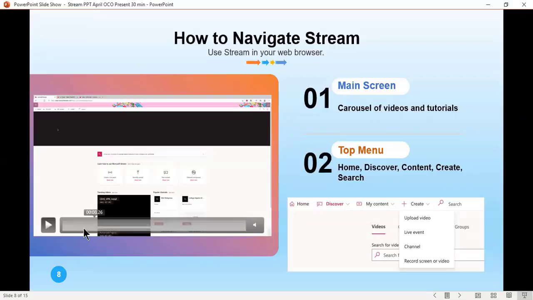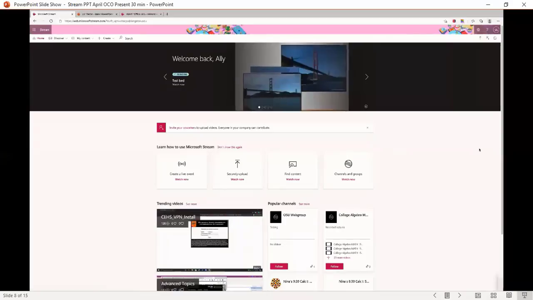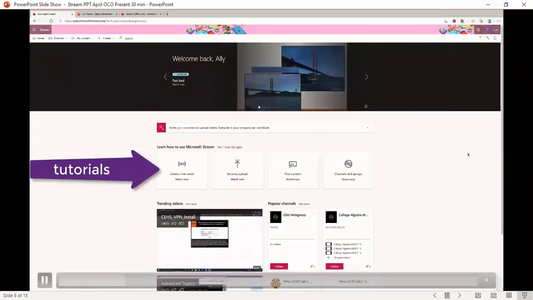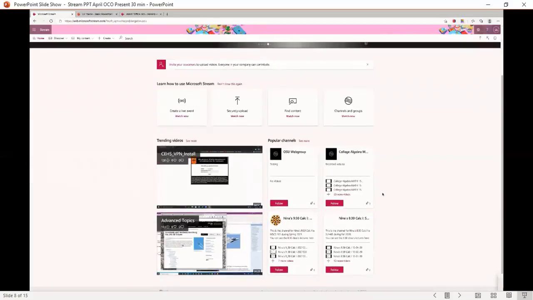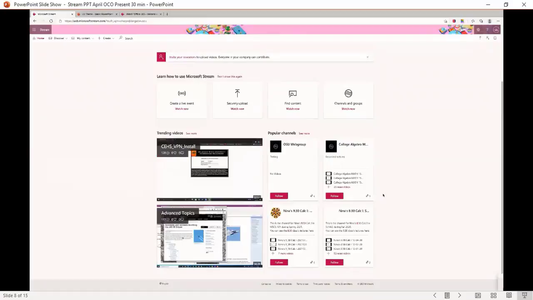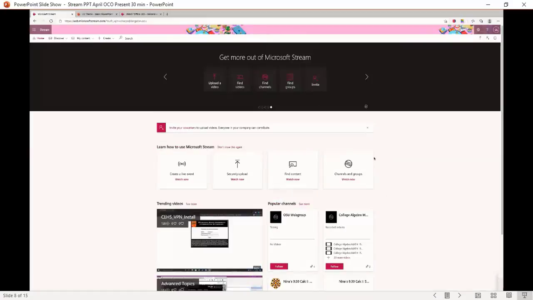So I'm going to give you a quick tour of what this looks like. When you come in, like I said, first there's going to be that guidelines of where the tutorials are. And so those are always there unless you close them. And those are made by Microsoft. And so a lot of the things I show are from Microsoft. And you can always start right there and know where you've been. The trending videos for us come from anywhere in A&M, so it'll look different on yours.